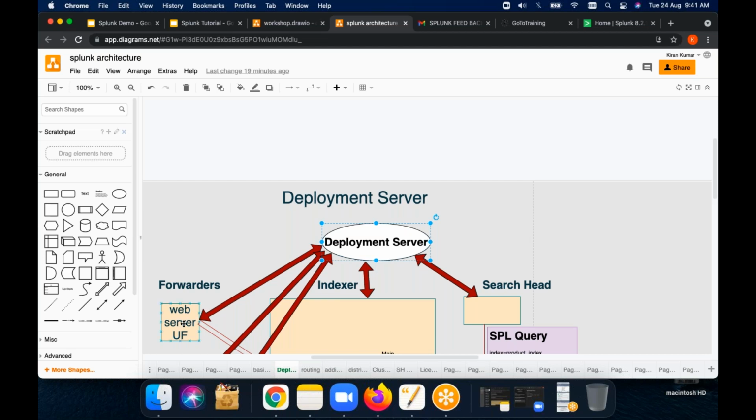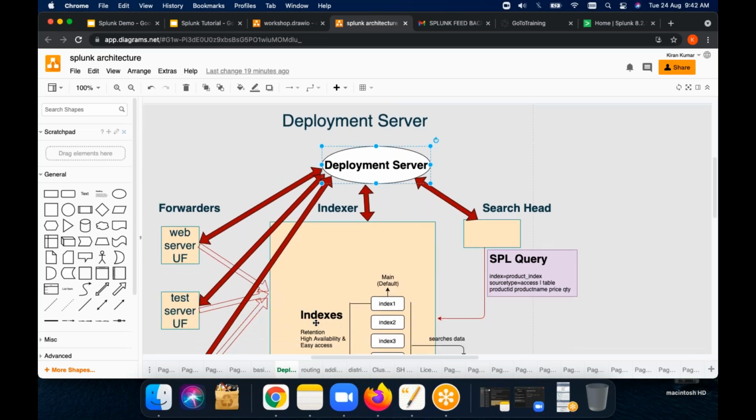Once you add these Splunk components as clients to the deployment server, whatever the deployment server says will be installed on these machines, whether remote or on-premises. That is the use of the deployment server.